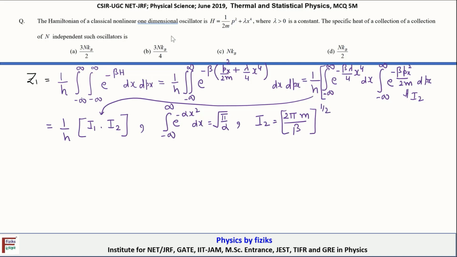Okay, so let's call this equation 1 and this result equation 2. Now our trouble is to find the integral I1. So let's try to evaluate integral I1. So integral I1 can be rewritten as